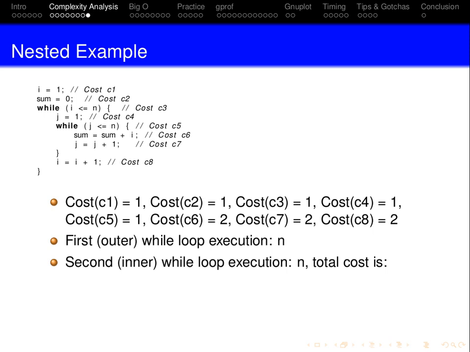All right. Now, the outer loop is executed how many times? The outer n times. So let's do plus n, and then open parentheses. What's in here? The cost of everything else inside the outer loop. So you've got C4, which is 1. Then you have the while loop, which is another n, because now you have another while loop. Plus